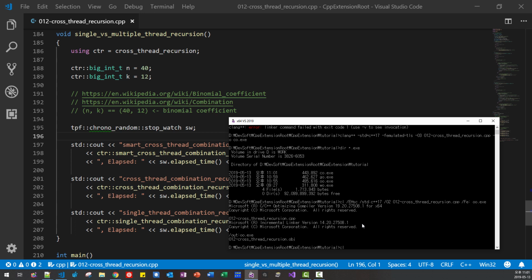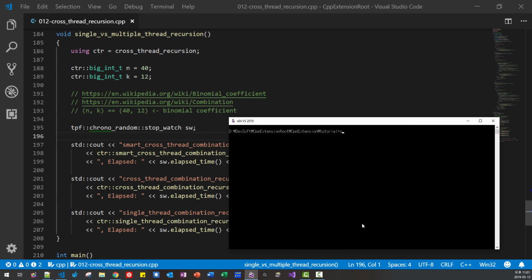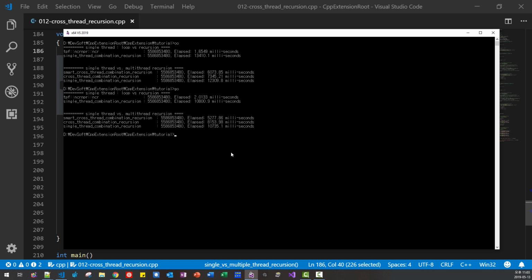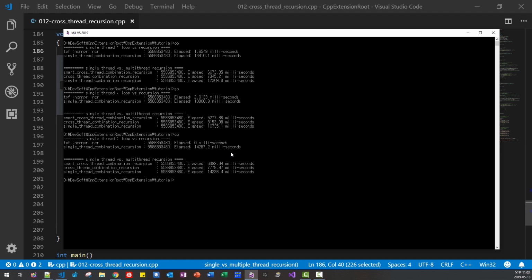Now we compare all three. O, Microsoft. Now GNU. Now clang. So this is clang. C is clang.